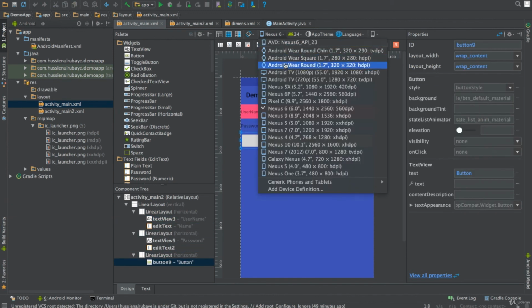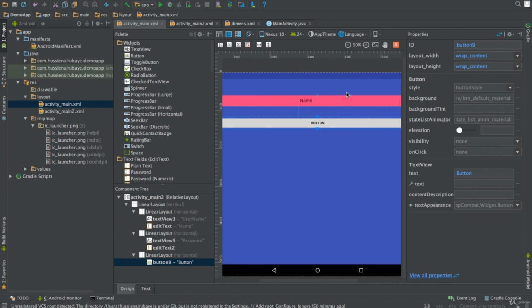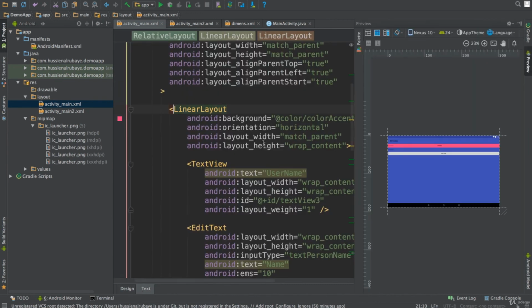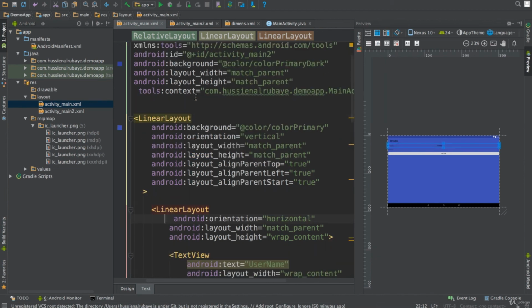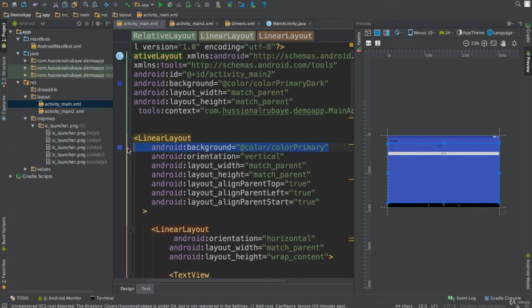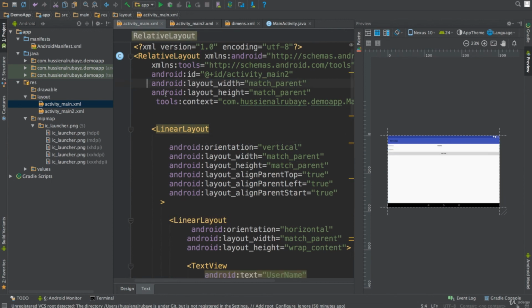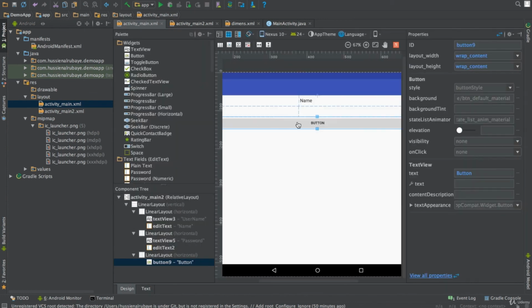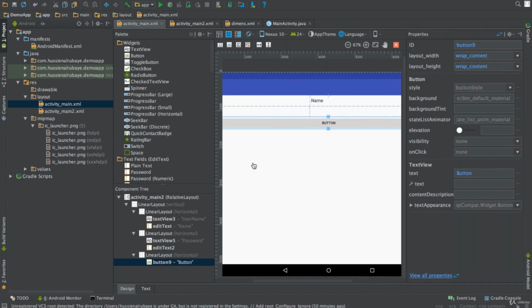Whenever you go to different device sizes, let me go to Nexus 10, you have the same quality for username and password. Now let me change that color. I no longer need them because I just used them for arranging my layout to make it clearer to understand. So I'm removing this. If you see, when you add a background to the layout, the whole layout will be affected by this background. So now great, everything is fine, everything is good. Let me go next and talk more about